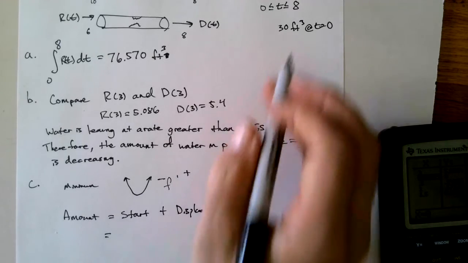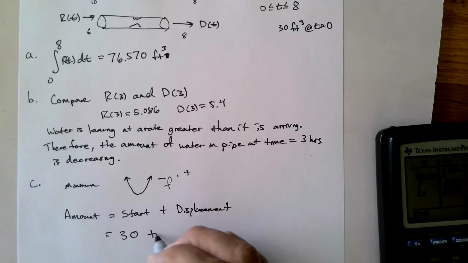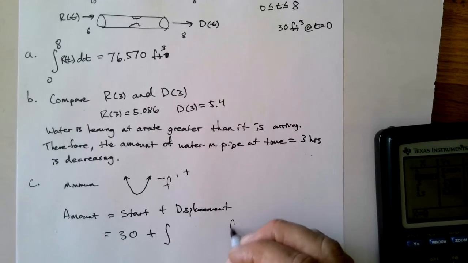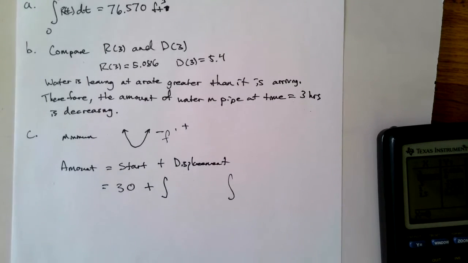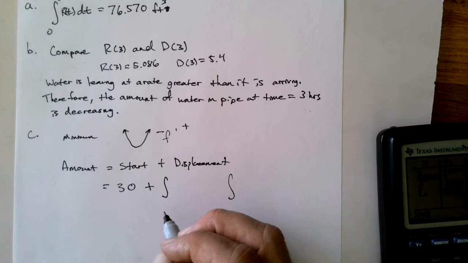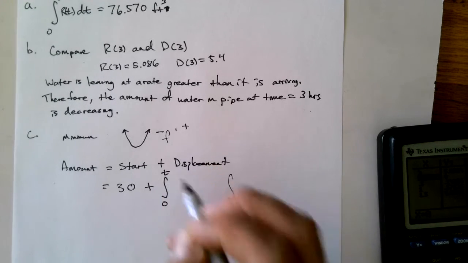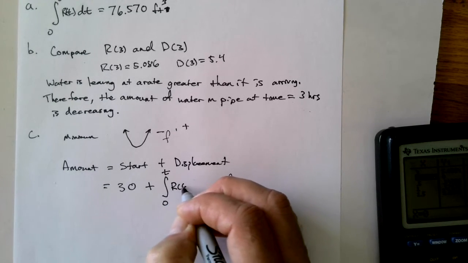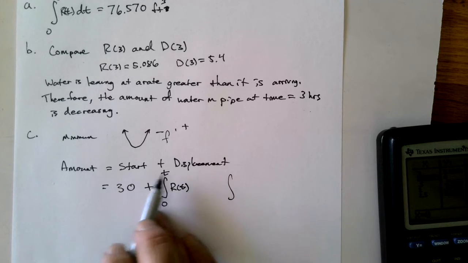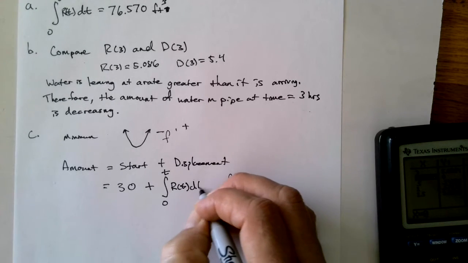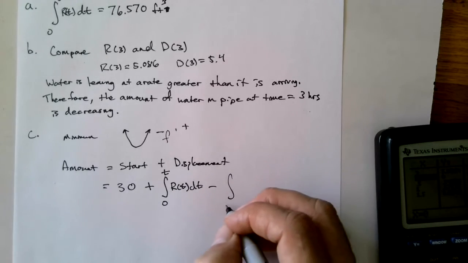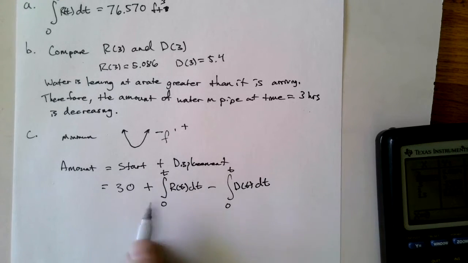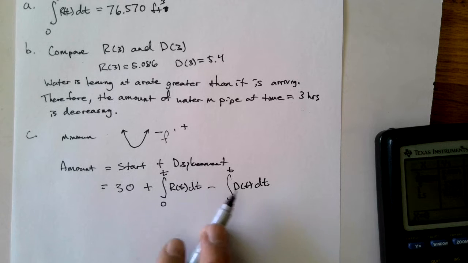So that's equal to, the start is 30. We start with 30, and we add on to that the amount that's arrived and the amount that's left. So the amount that's arrived is the integral from 0 to whatever time of r of t dt. So that will tell you how much is gathered, okay? And then we are going to subtract the amount that's gone. So that's 0 to t of d of t dt, okay? So that's the amount of water,